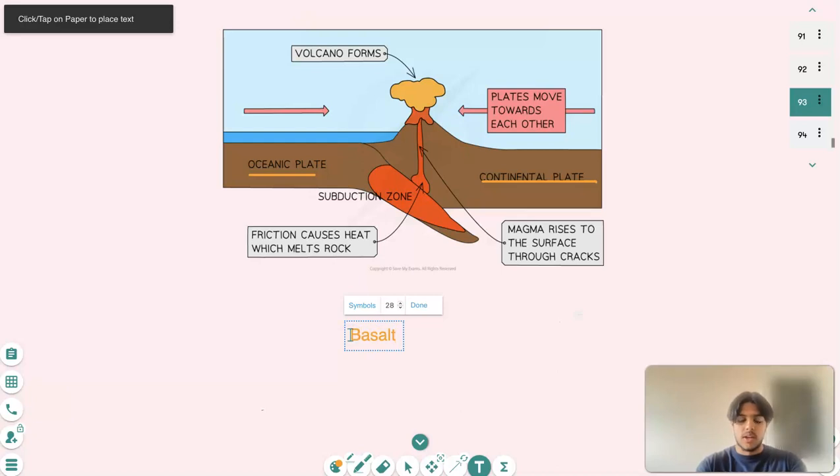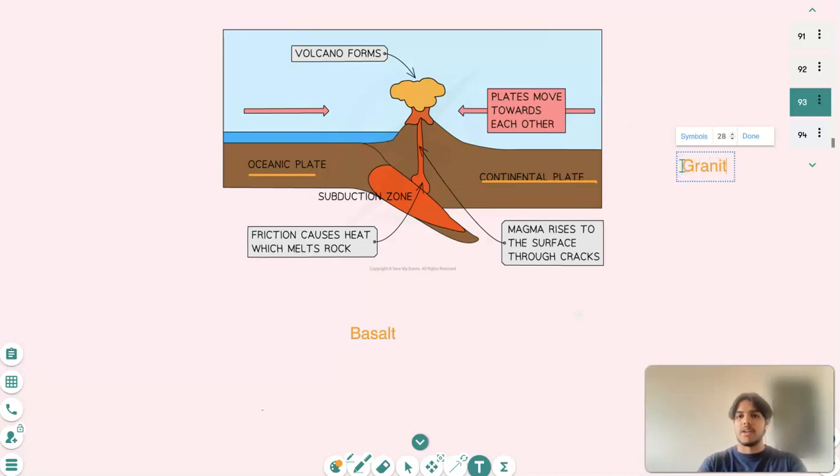called basalt. Now basalt is quite heavy and dense because it's made out of minerals that are quite iron and magnesium rich, and they come from deep inside the mantle. On the other hand, you've got the continental plate, and it's made out of granite. Now granite and basalt are the two most common types of rocks that you'll find on the entire planet. And the continental plate is easily deformed, but it's also a lot older